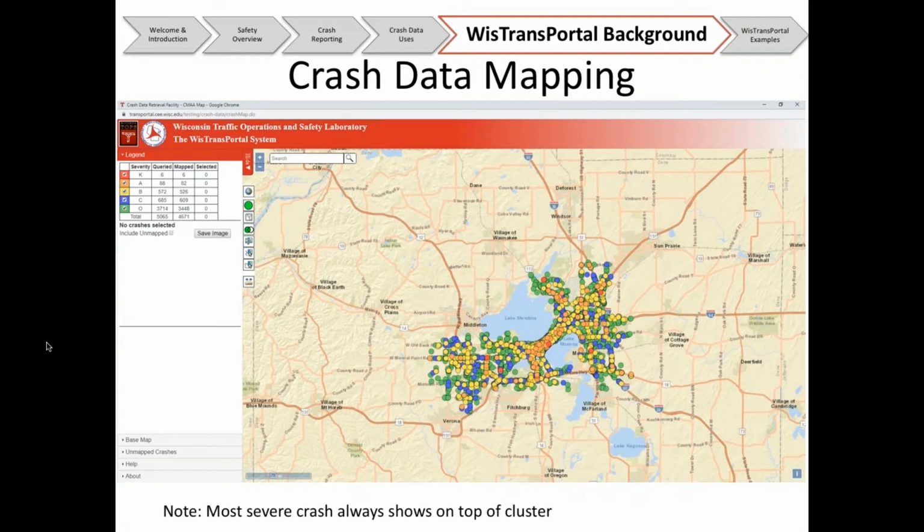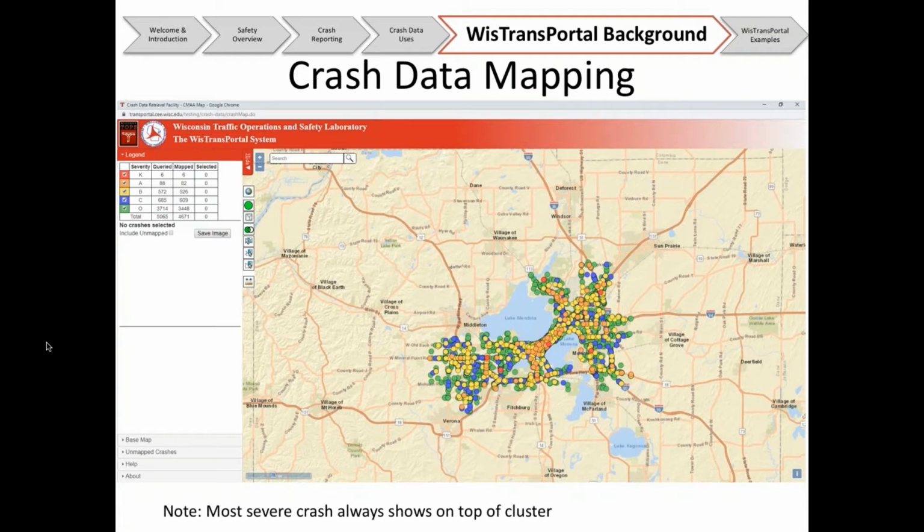So if I wanted to look at those to see if those were in my area that I'm concerned about, by reviewing the crash report form, I can. The crashes that are being mapped, the coordinates are coming from the crash report form itself. So what law enforcement is putting down at the scene through the TraCS location tool is what is being mapped